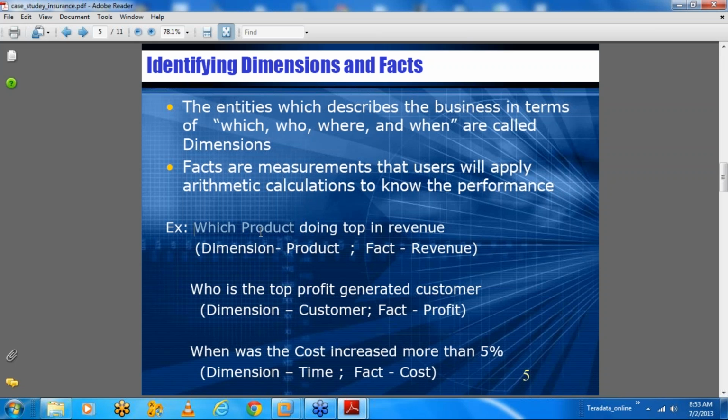They will tell you what type of reports they would like. For example, which product is doing top in revenue? As an insurance company, they have so many products. Within health insurance, they have gold plan, platinum plan, silver plan. There are so many products within the health insurance. So now I would like to know which product is more attractive to the customers and which product is making me more revenue. Okay, so this is what, as a business,